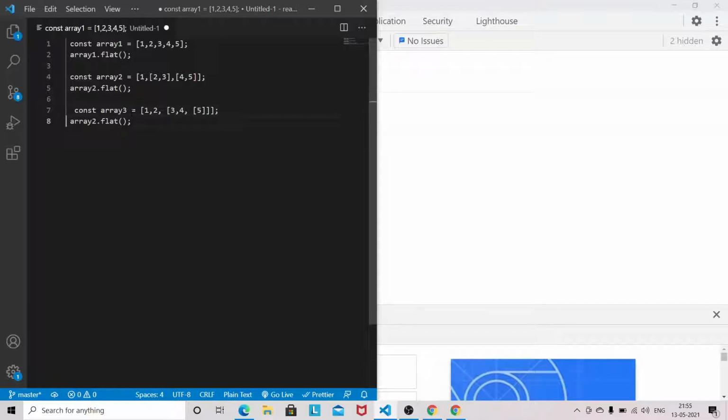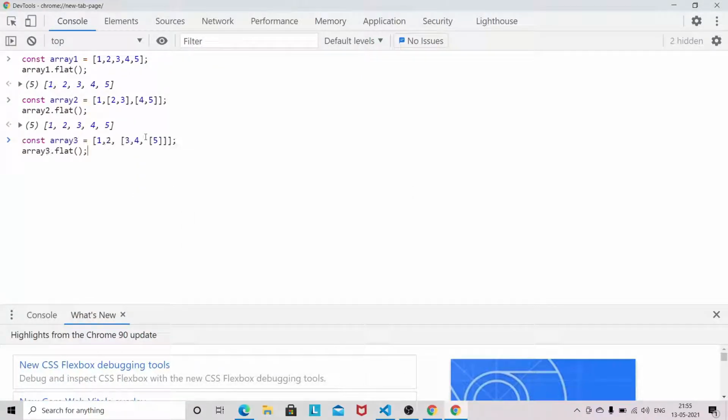Let's see how it behaves. Now you can see this way it didn't flatten the array completely. It flattened only one level.